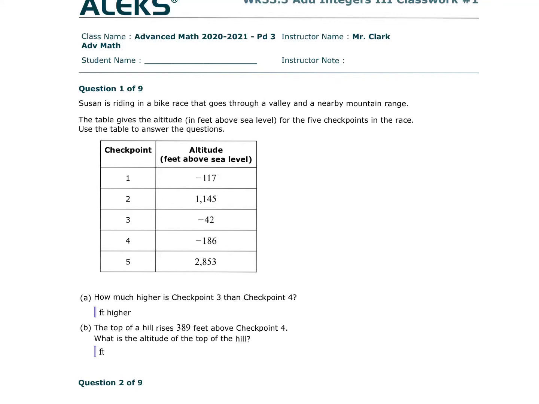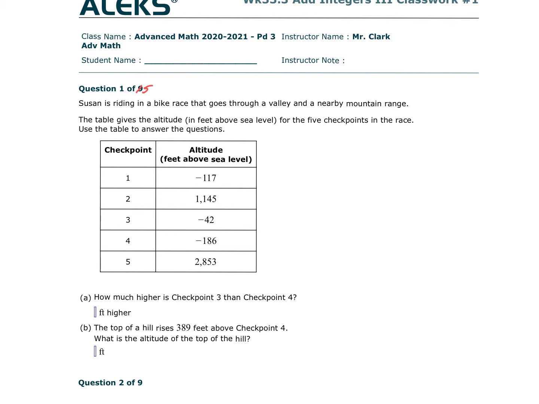All right. Hey, welcome. This is day 3 of us talking about adding and subtracting integers. I know this says we're going to do 9 questions, but we're really only going to go through 5 examples. The first one: Susan is riding in a bike race that goes through a valley in a